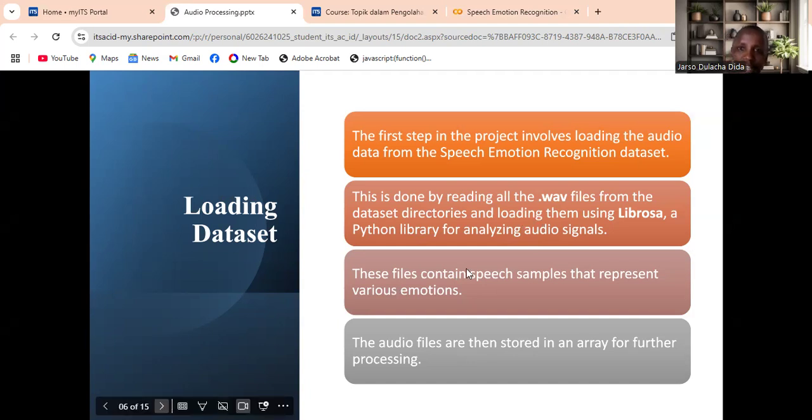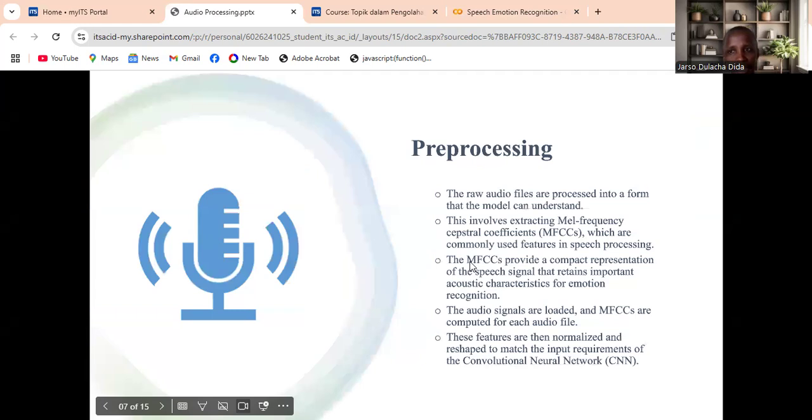Then this data will be pre-processed before training the model. After pre-processing, we have to reshape and make the dataset ready for training. The raw audio files are pre-processed into a form that the model can understand.